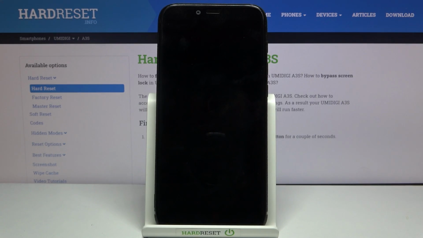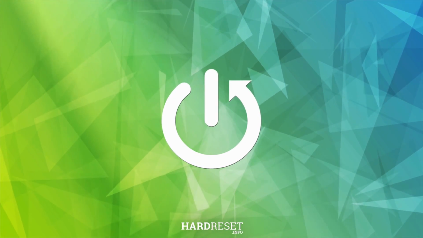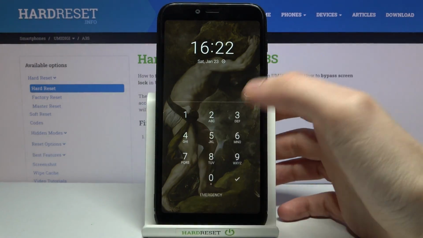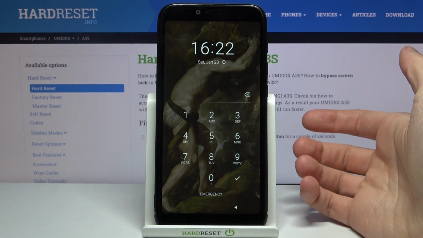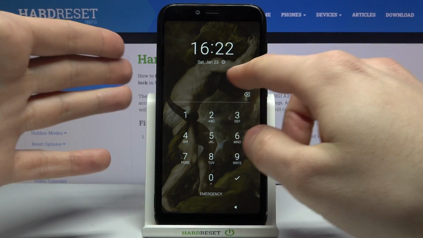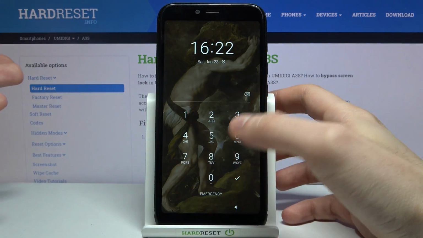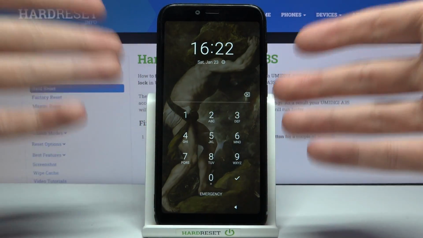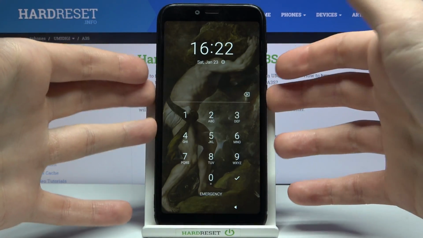Here I have Umidigi A3S, and today I'm going to show you how to remove the screen lock from this device. In case you set yourself a PIN, password, pattern or any other screen lock method, and unfortunately you forget the key to this screen. So what you have to do in this kind of situation when you can't even unlock